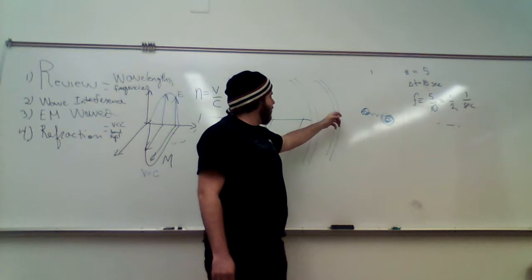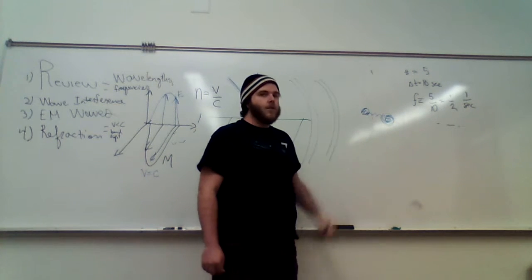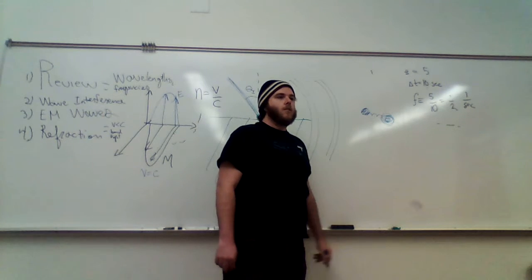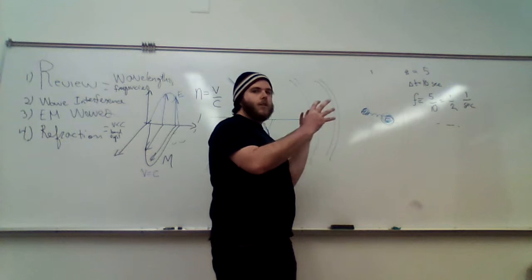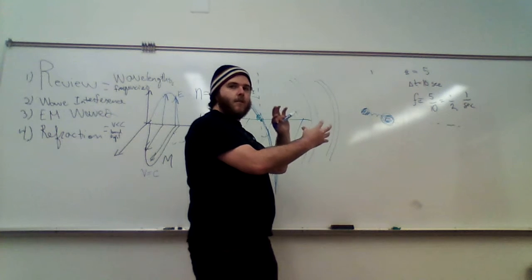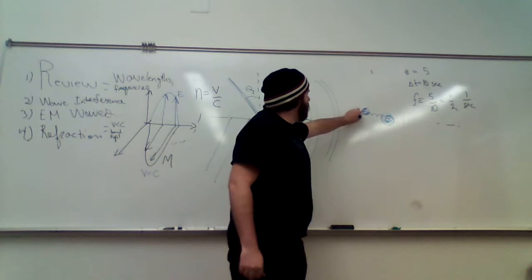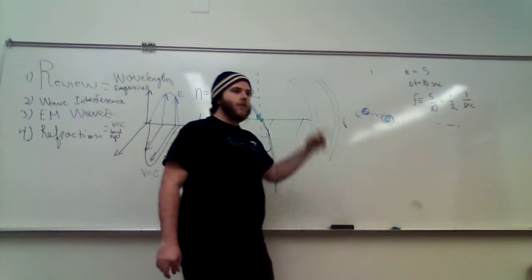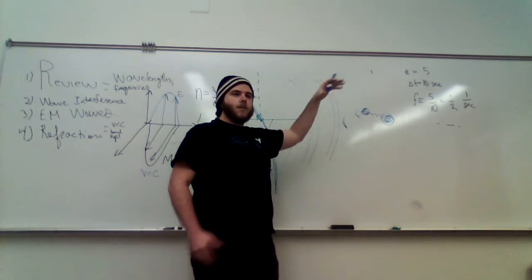As the electric field varies, it's going to excite this electron. That electron is going to vibrate back and forth as it gets hit, and it's going to produce ripples of its own in the pond. Because the electric field is so